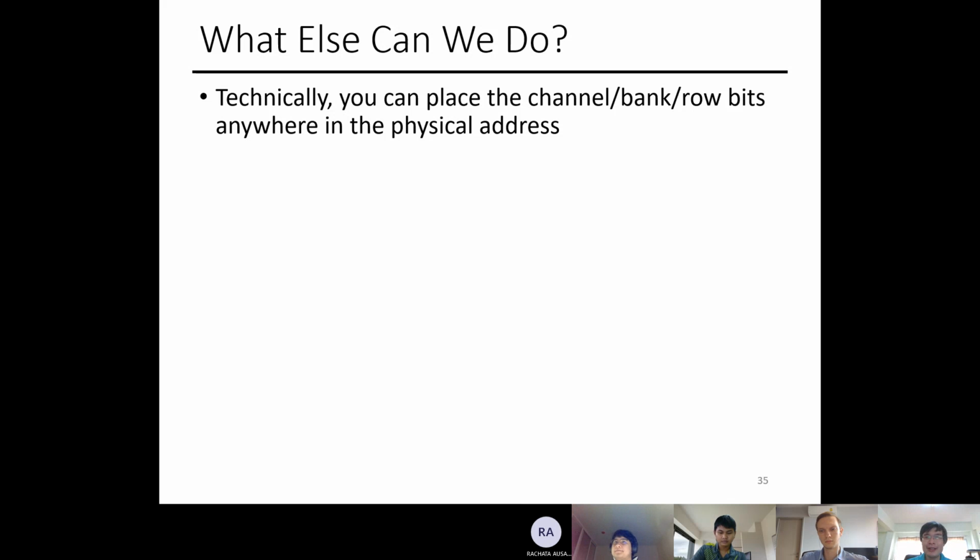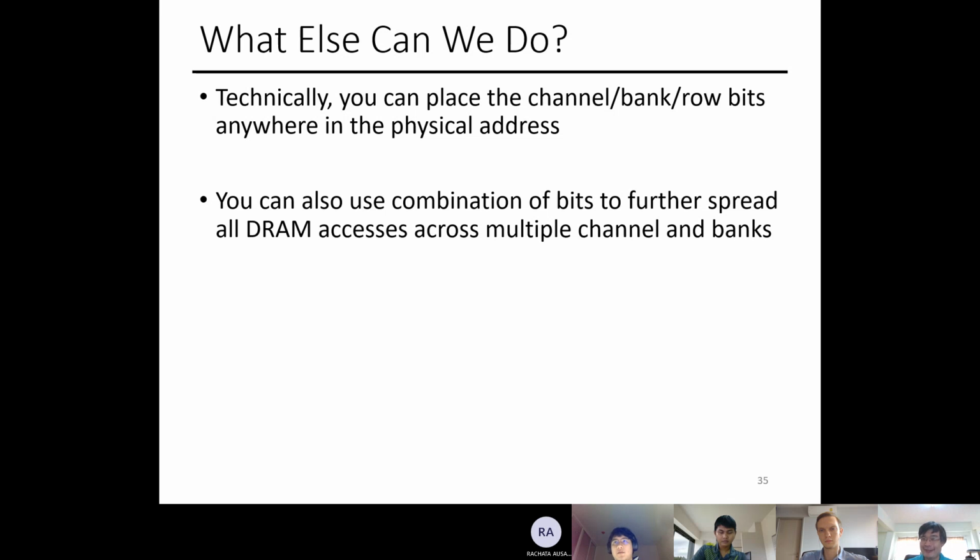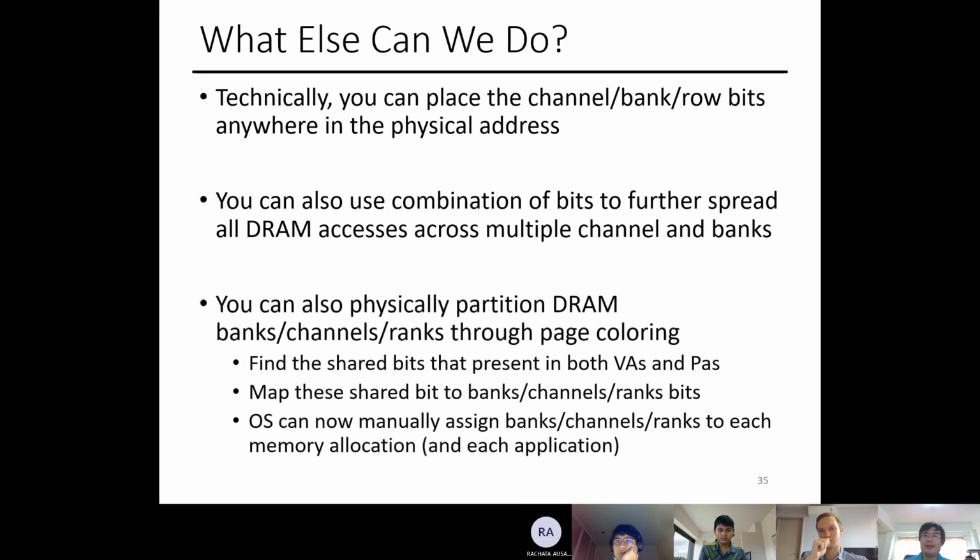You can also use a combination of the bits with XOR or something similar to further spread out DRAM accesses across multiple channels and multiple banks. And you can even physically partition portions of your DRAM through what we call page coloring. This means that the OS works with the hardware and figures out which pages